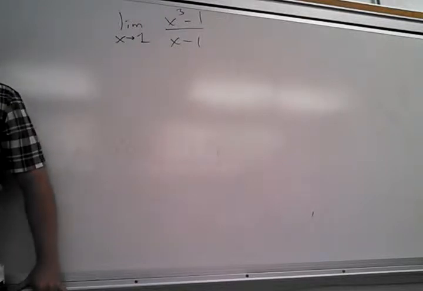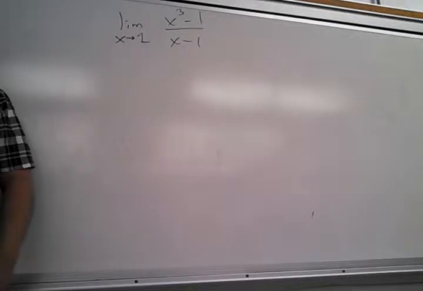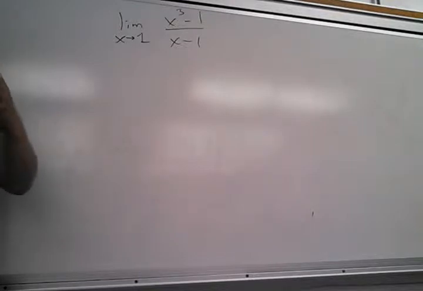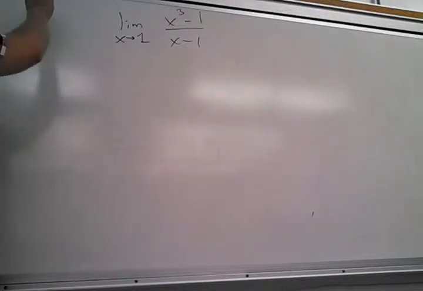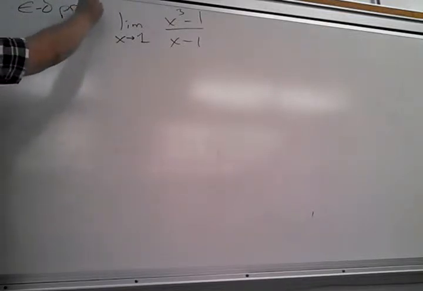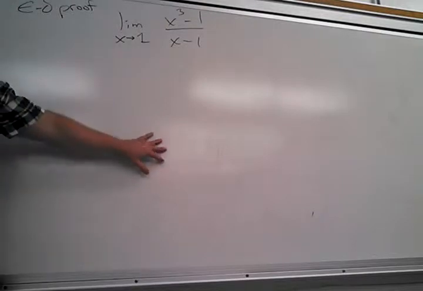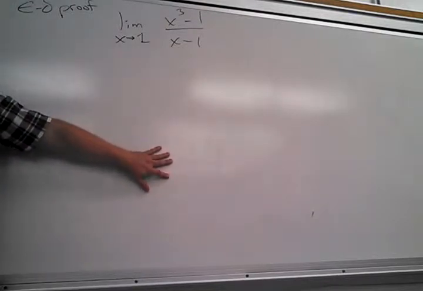Now we can all do this, and that's not the point of section 2.4. Section 2.4 is going to analyze limits to death. So that's why I didn't assign a lot of problems out here. But you've got to see this epsilon delta proof. It's actually kind of a classic proof that you use in other places too.